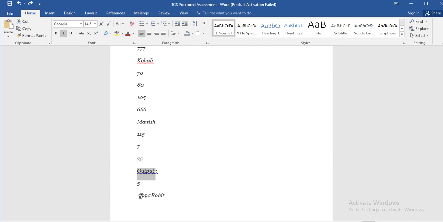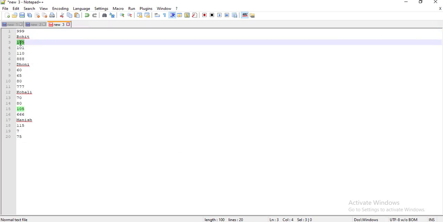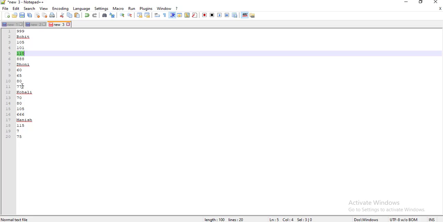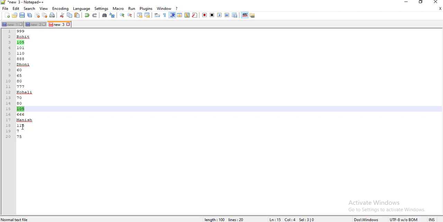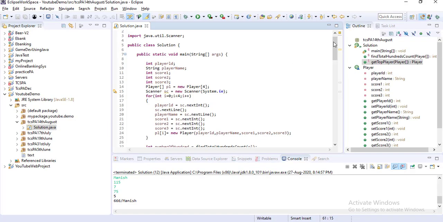But the second one, first one is, there are a total of 5 centuries. So here you can see this one has a century, this 101, so 2, this is 3, and here there is no century, and 3, 4, and here it's 5. But for the second one it's not giving the correct result. Why?